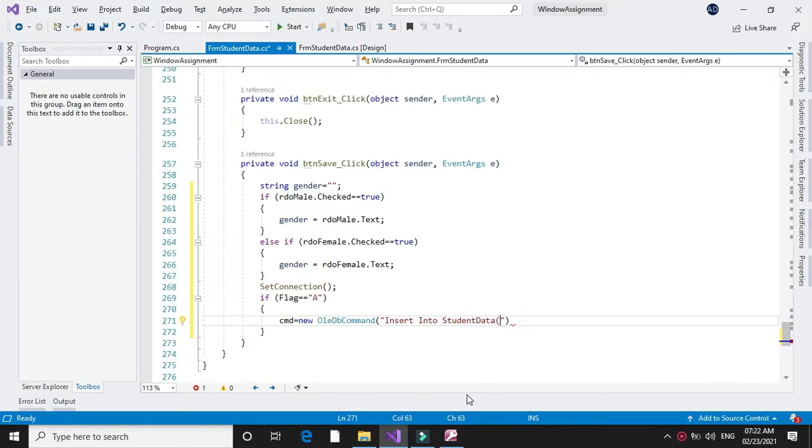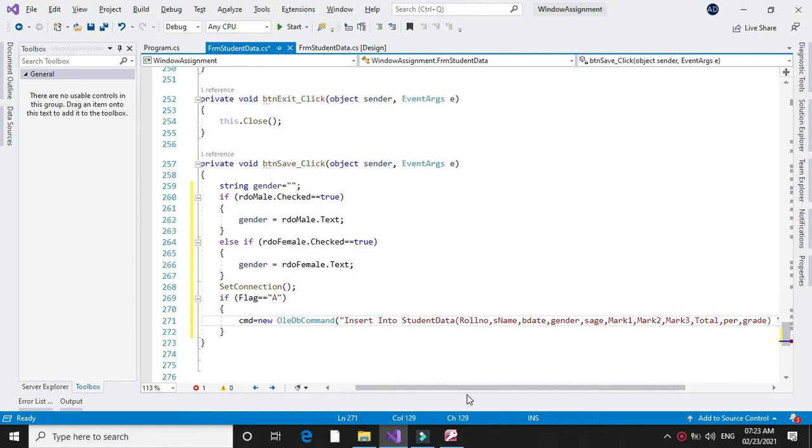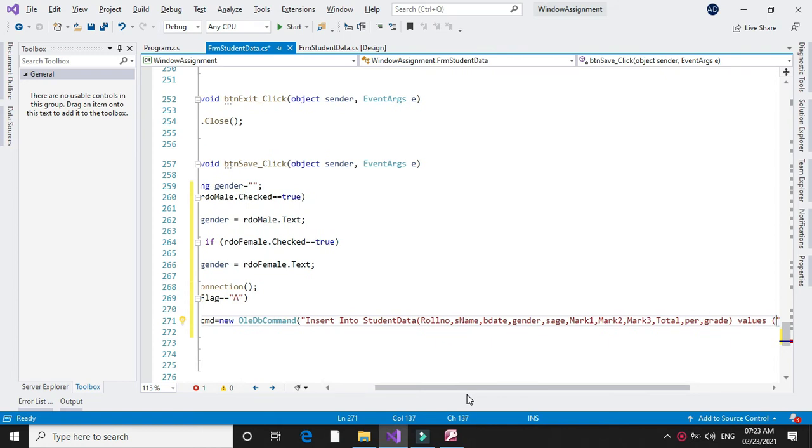Roll number, comma name, birth date, then gender, age, mark of 3 subjects, total and percentage, and we will give the values for all these fields.